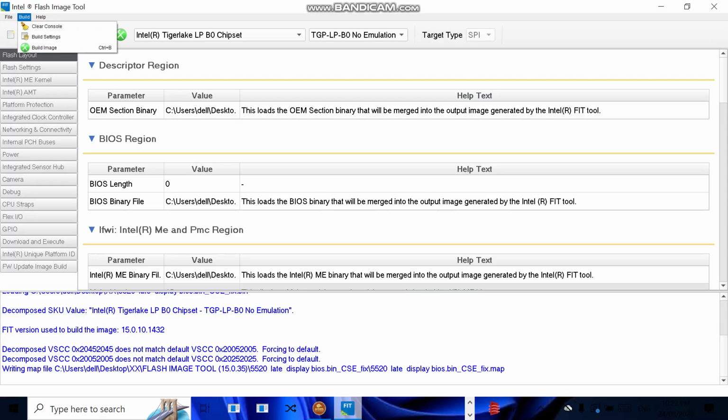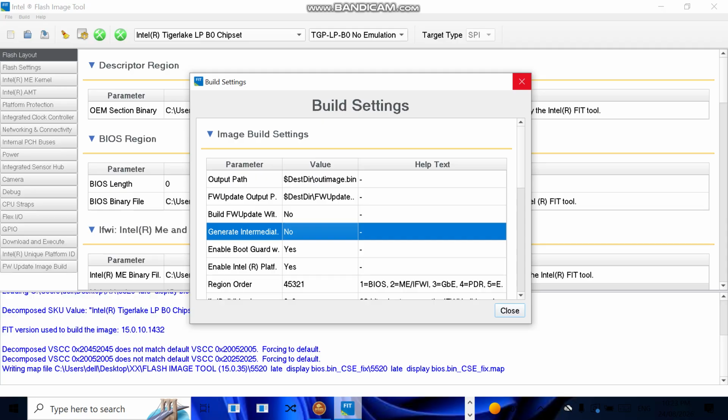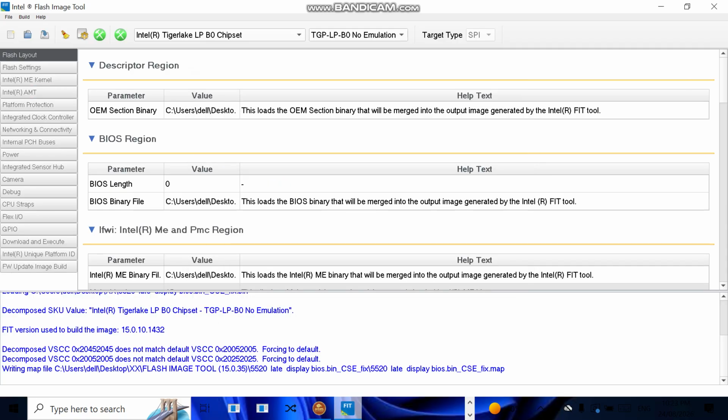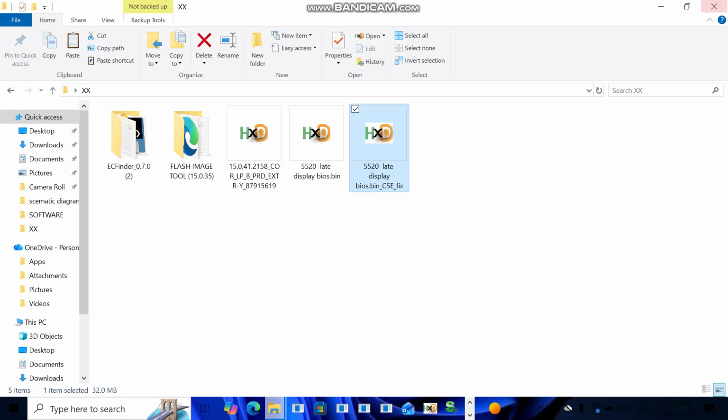We'll go to build settings. Generate intermediate should be no, because we don't want garbage. Generate intermediate means whether you want garbage or not. So I will just say no, and the file will be saved. Save as. File is saved. Now I will get again